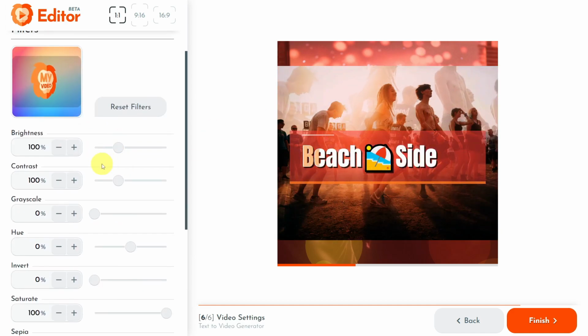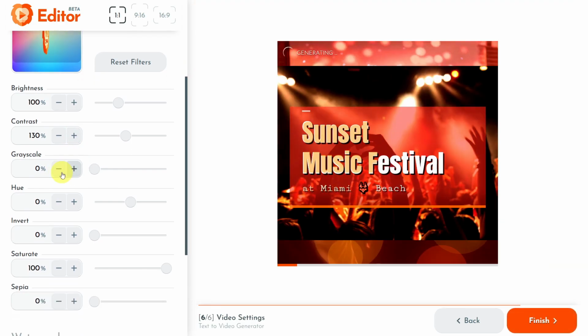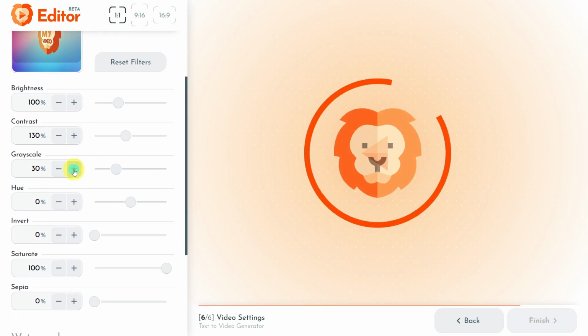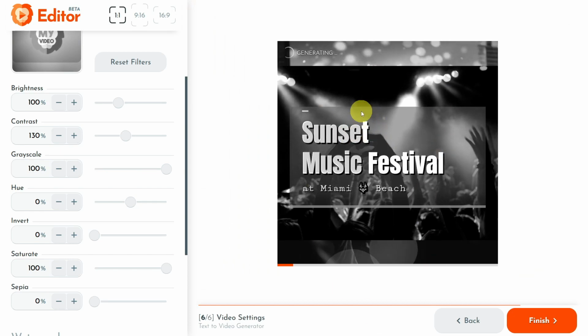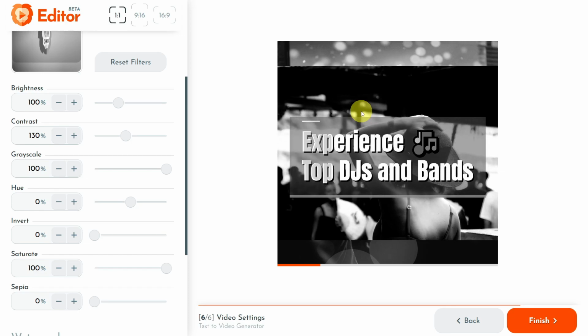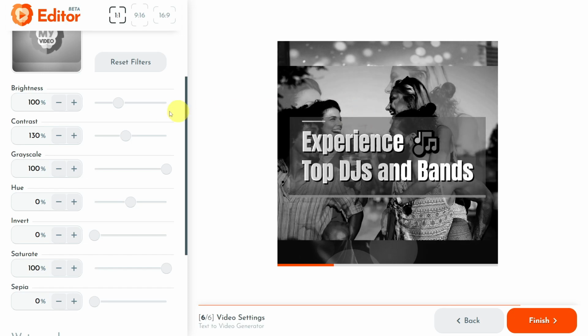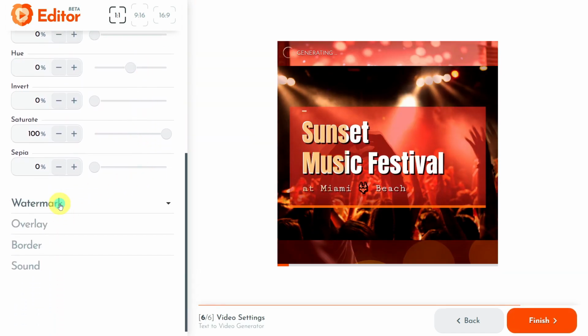By opening the Filters menu, you can easily adjust the video brightness, contrast, grayscale, hue, and more. For example, let's show you how a small contrast increase and a 100% grayscale value look. As you can see in the preview, the video is now only in black and white nuances. I click the Reset Filters button to automatically set up the default contrast and grayscale values